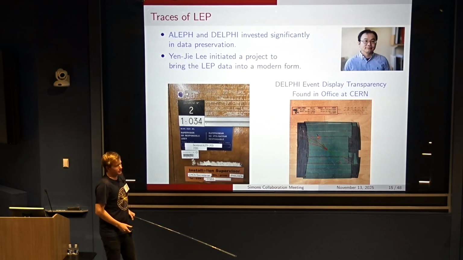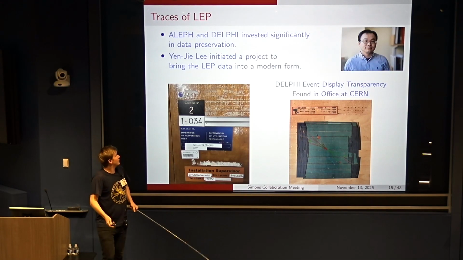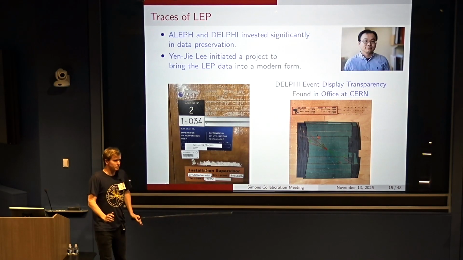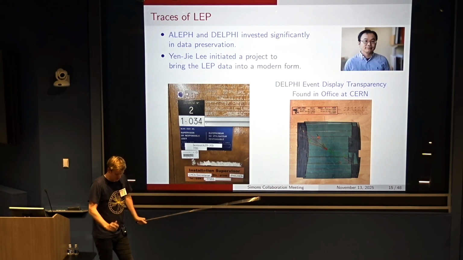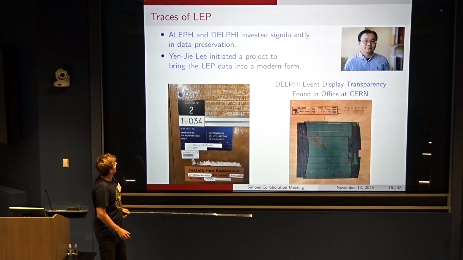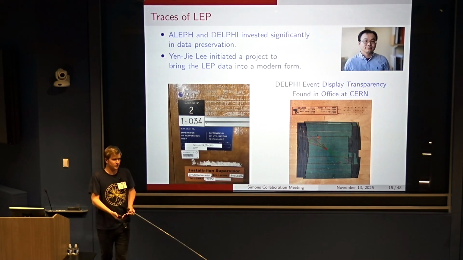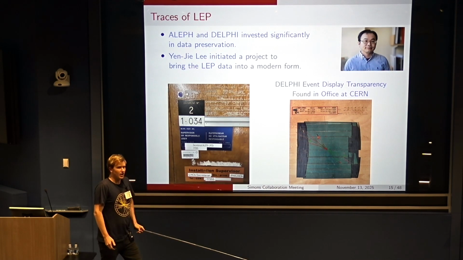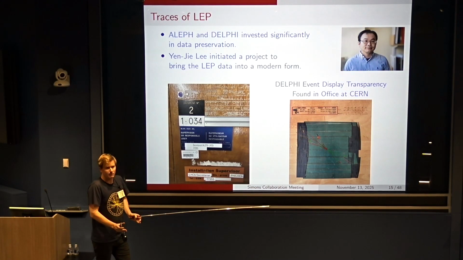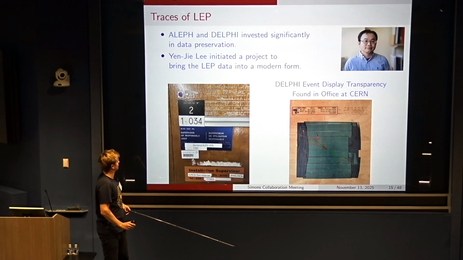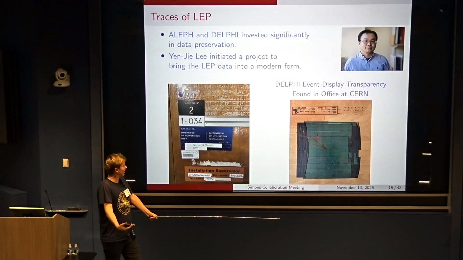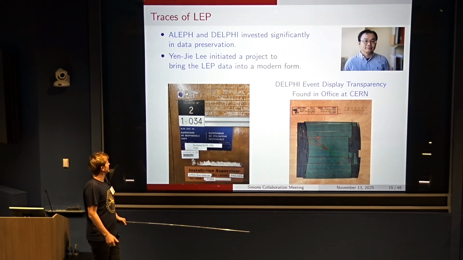As I said, motivated by this recent interest in confinement, my collaborator, Yanji Li, who is a very good, serious experimentalist, wanted to go back and try and use this early data to study confinement. One thing which is very nice is that two of these experiments, Aleph and Delphi, invested significantly in data preservation. They stored all their data that was taken at that time. But of course, it's a very different thing to just have some of this data and use it for, for example, educational purposes, versus actually doing precision physics with it. And so Yanji really started this program to resurrect this data to be able to do precision physics, and in particular study aspects of QCD using all this beautiful data.